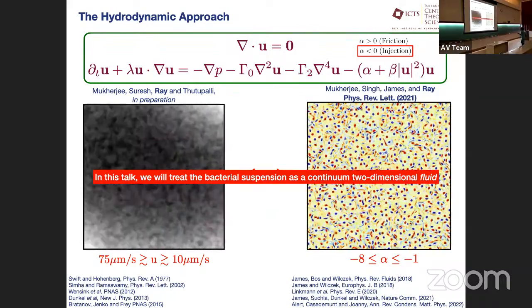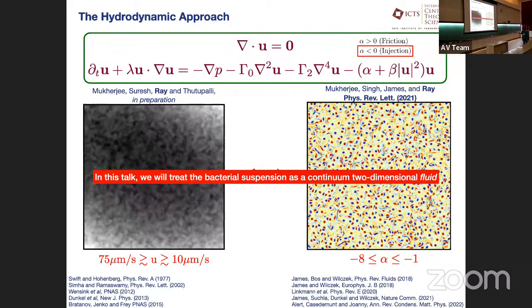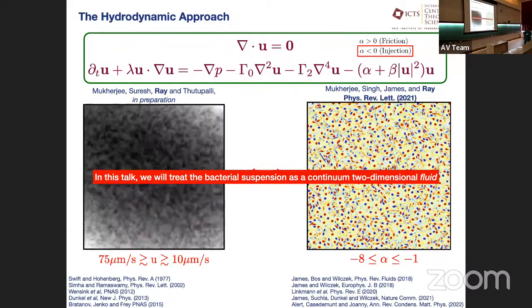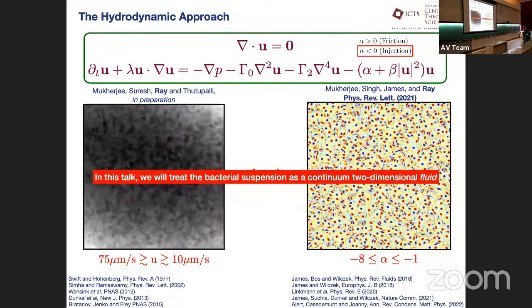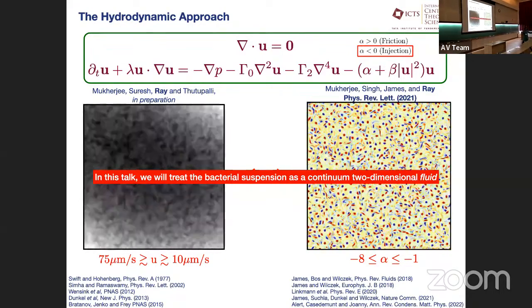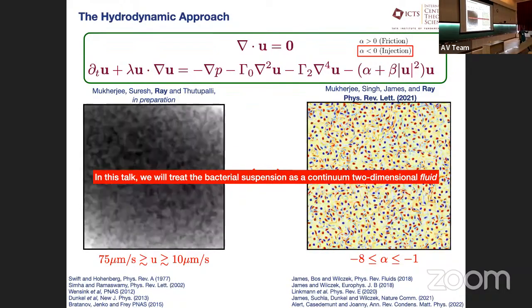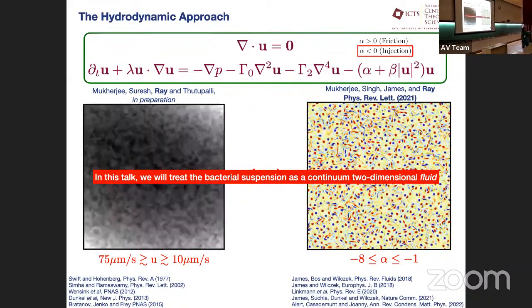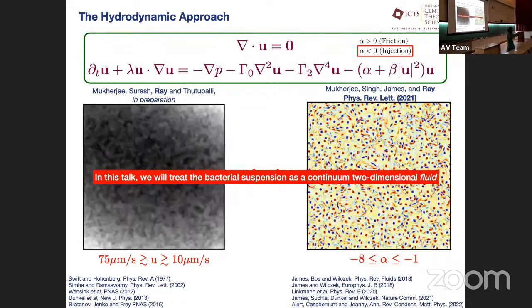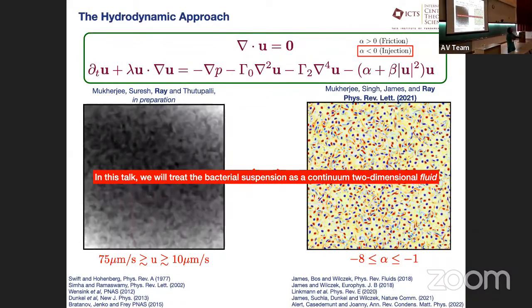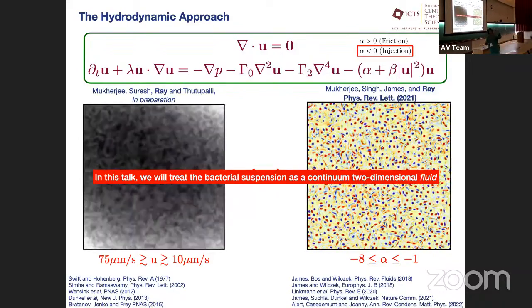And most interestingly, and this is the only thing that we'll worry ourselves about in this talk really, is the fact that you have this term alpha. Alpha will be negative for a bacteria. So essentially, your bacteria are swimming, and because they're self-propelled, they inject energy back into the system for which I'm writing down this coarse-grained fluid description.